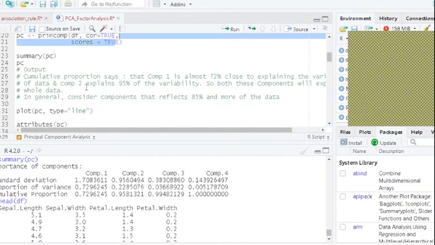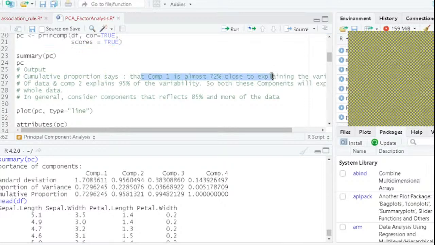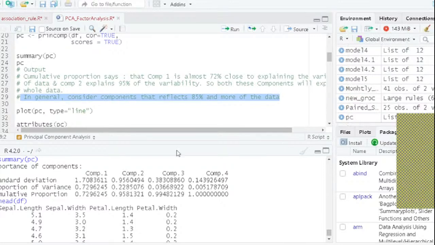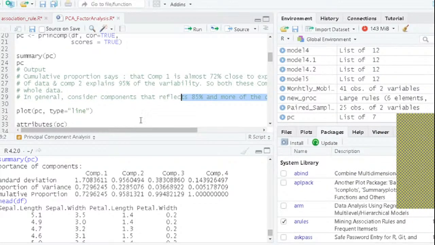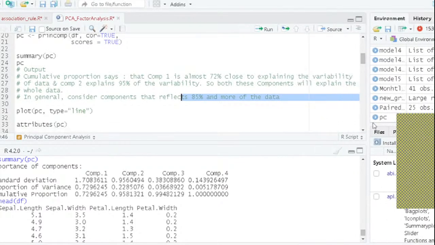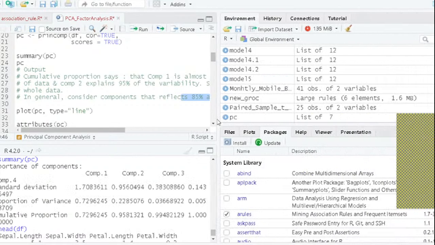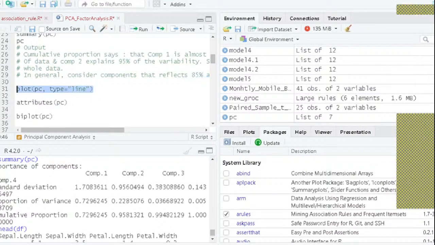So, cumulative proportion says component 1, this is what I've already explained. In general, consider components that reflect 85% or more. This is just a rule of thumb. If you have been able to capture 85% of the data, then it's good. Okay, so now I can plot this line and you'll see